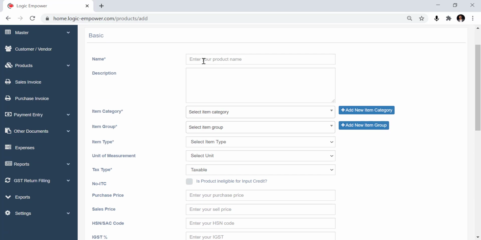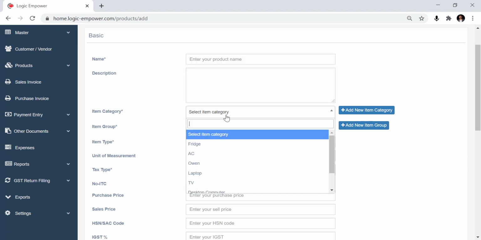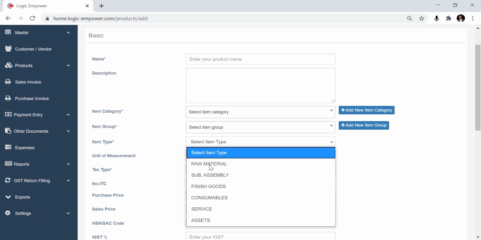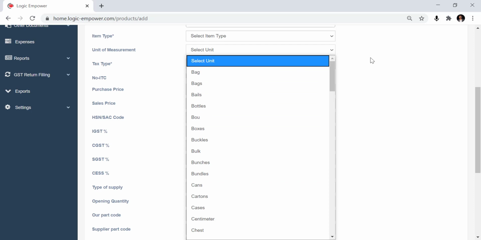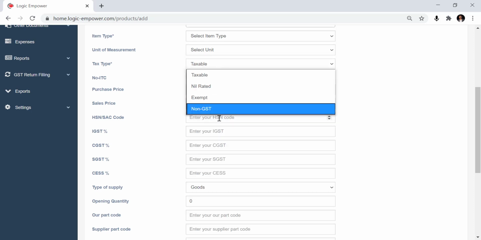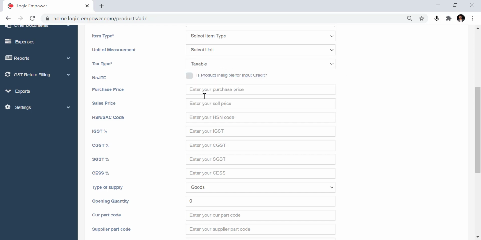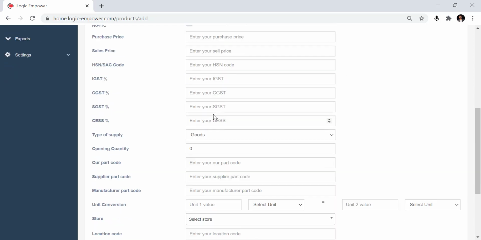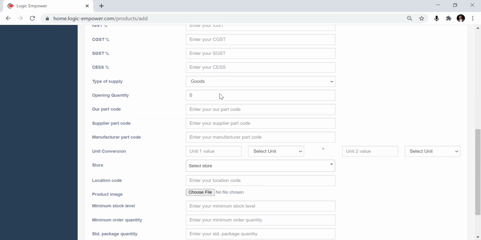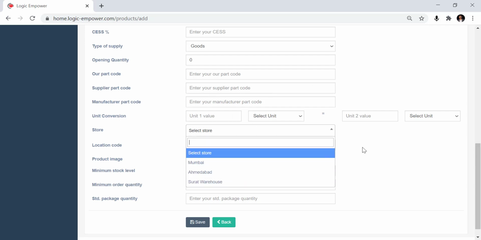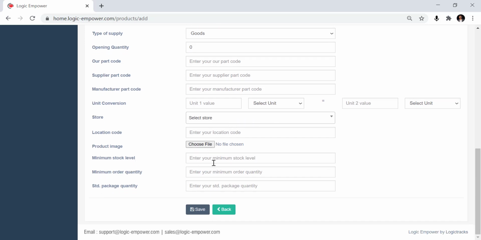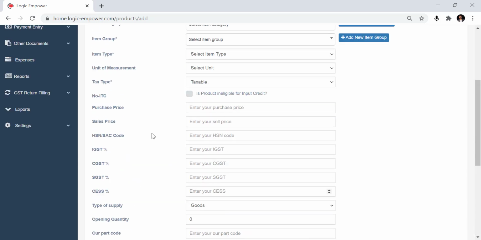You can enter product name, its description, its category, its group, its type of the material, unit, number of unit of measurement, taxable or exempted tax type, purchase price, sales price, HSN code, tax rates, opening quantity, part code, manufacturer part code, unit conversion, stores, at which store you can enter, minimum stock level, minimum order quantity, standard packaging. All the product details you can enter and click on save.